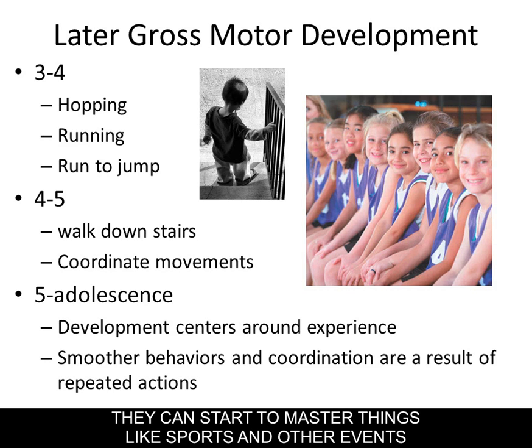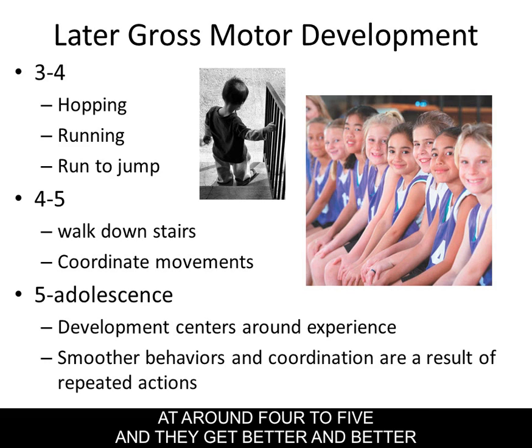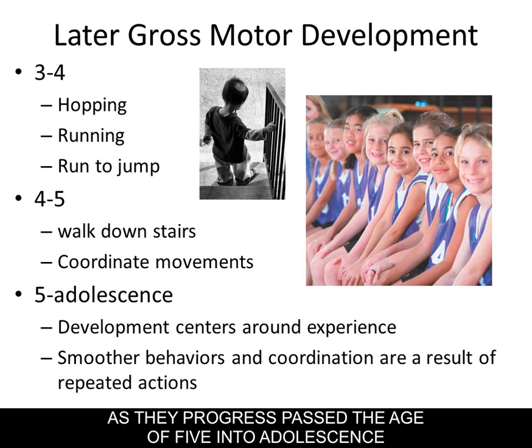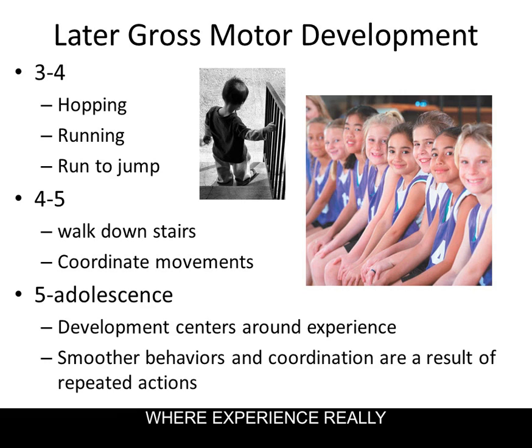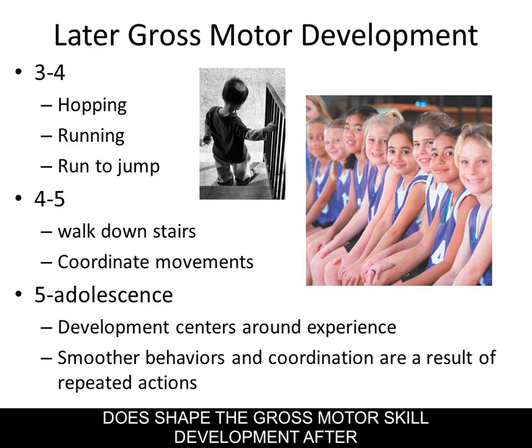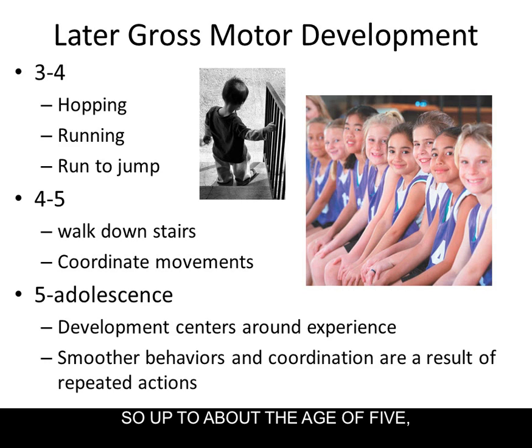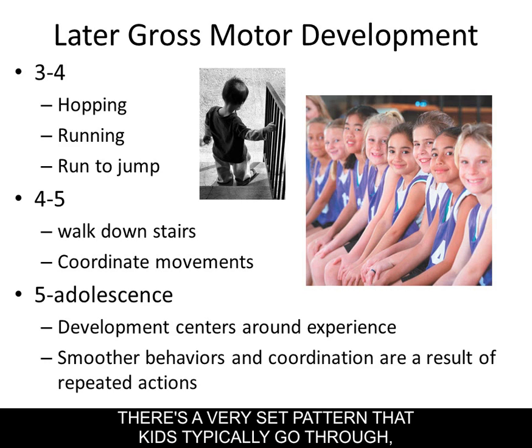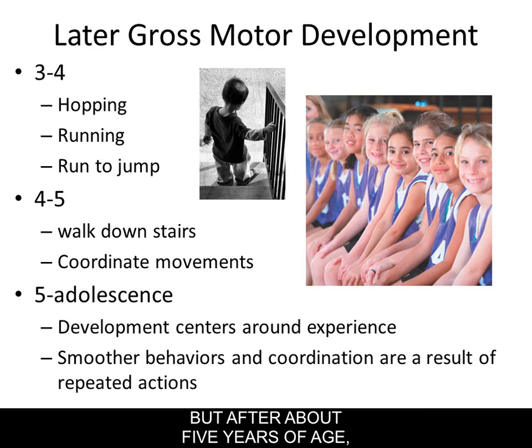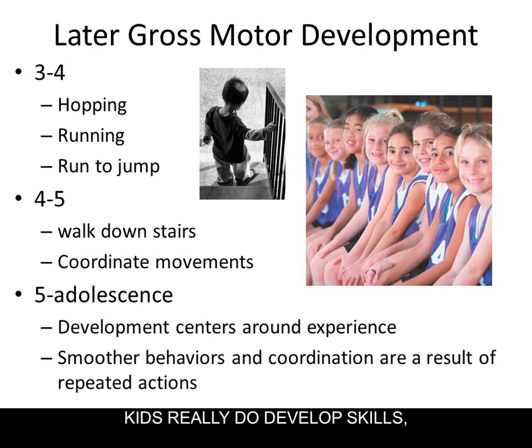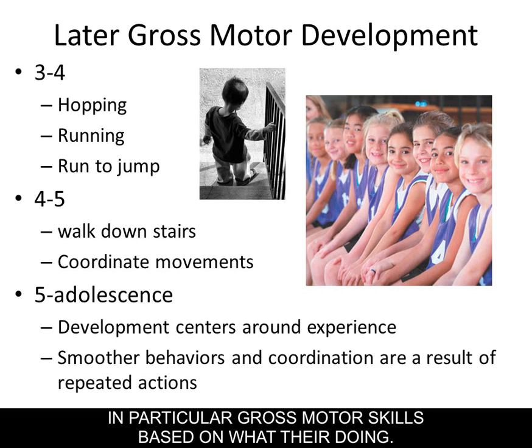They can start to master things like sports and other events at around 4 to 5, and they get better and better as they progress past the age of 5 into adolescence, where experience really does shape the gross motor skill development after that point in time. So up to about the age of 5, there's a very set pattern that kids typically go through, but after about 5 years of age, kids really do develop motor skills, in particular gross motor skills, based on what they're